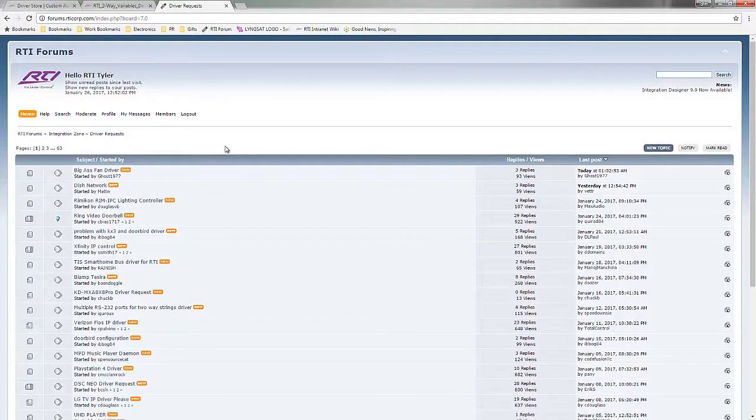But again, it also depends on: is there a control protocol available for it? Do we have the equipment in house? We want to get it going as quickly as we can. So we write drivers based on those premises. If for some reason we do not have a driver for you, you certainly have the option